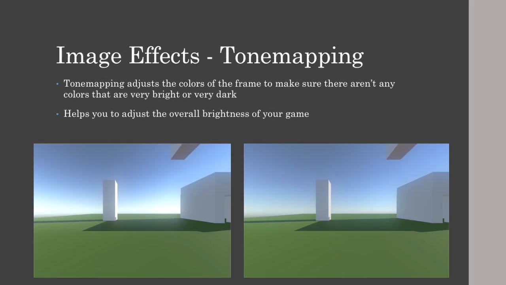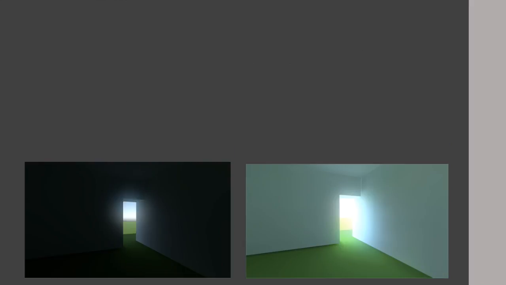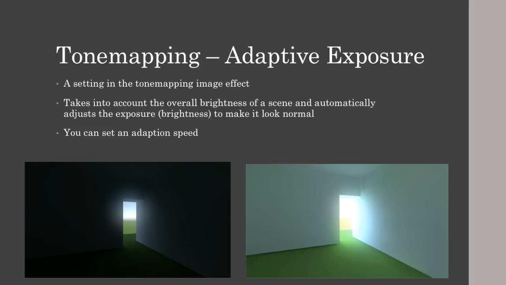Another useful one is called tone mapping, which controls the colors to make sure there isn't anything that's ridiculously bright or dark. It helps you adjust the overall brightness of the game and keeps the look consistent. So over here you can see sometimes when you add bloom, the horizon starts to look really artificial because a horizon wouldn't be that white in reality. And when you apply tone mapping, it can sort of make the horizon chill out a little bit and bring it back to normal. However, there's another aspect to tone mapping called adaptive exposure, which is one of my